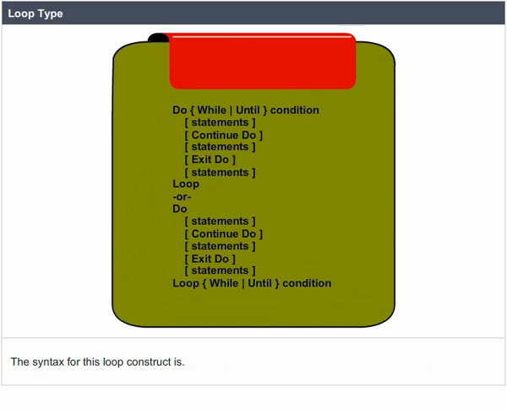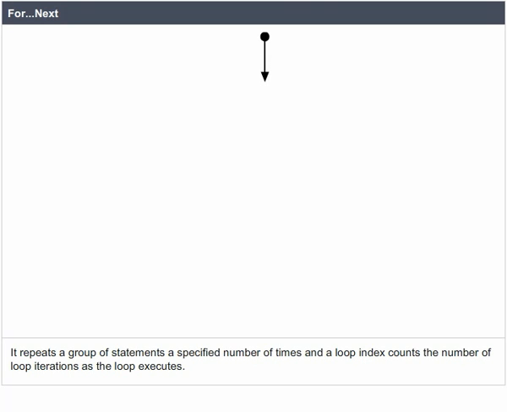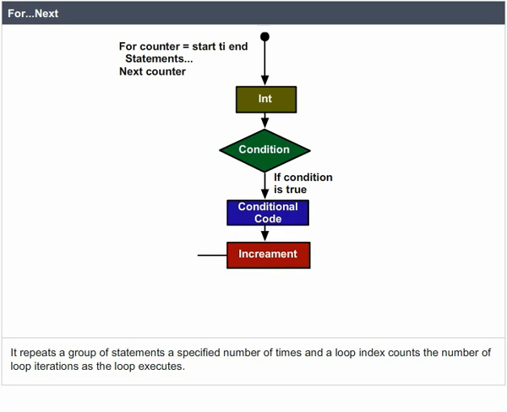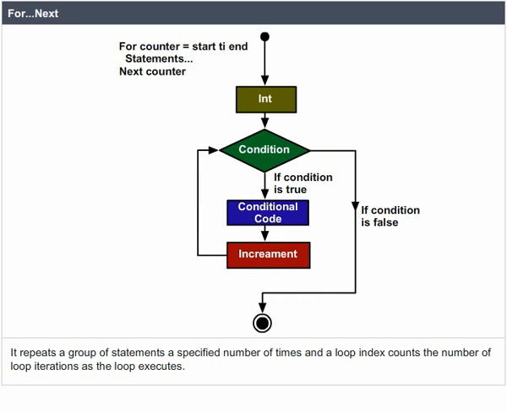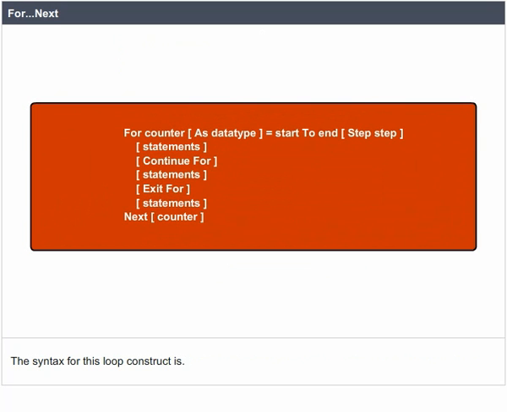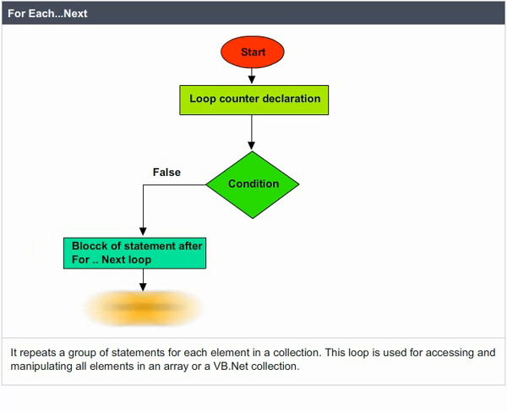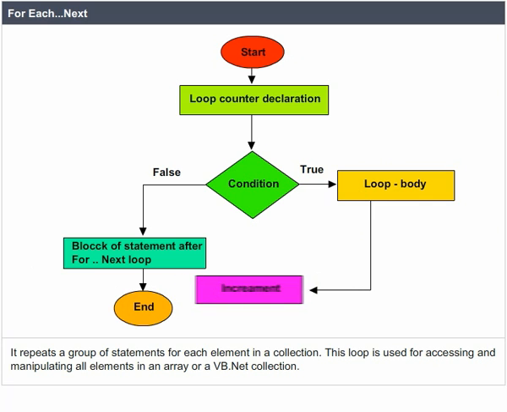For next. It repeats a group of statements a specified number of times, and the loop index counts the number of loop iterations as the loop executes. The syntax for this loop construct is For each next. It repeats a group of statements for each element in a collection. This loop is used for accessing and manipulating all elements in an array or a VB.NET collection. The syntax for this loop construct is